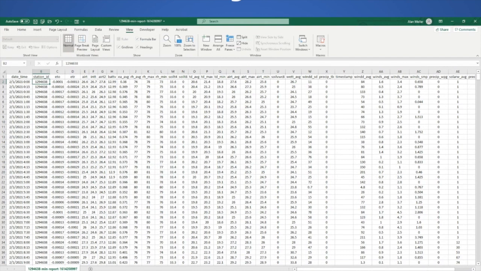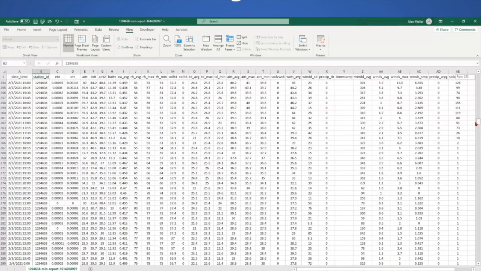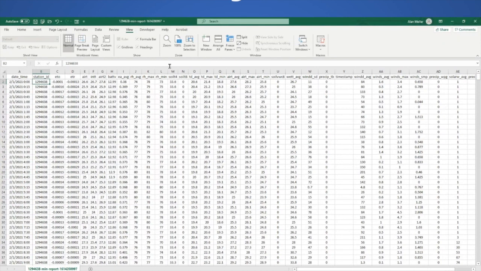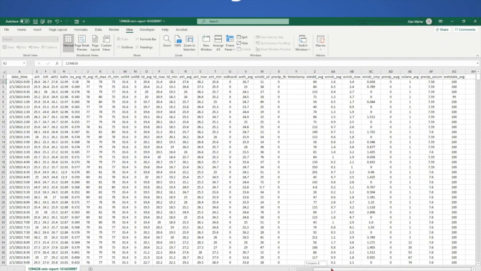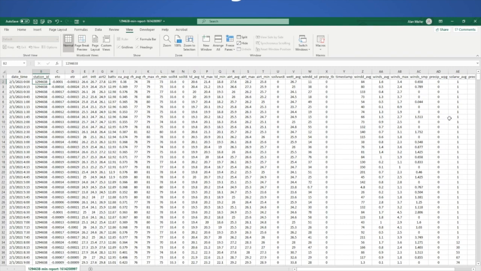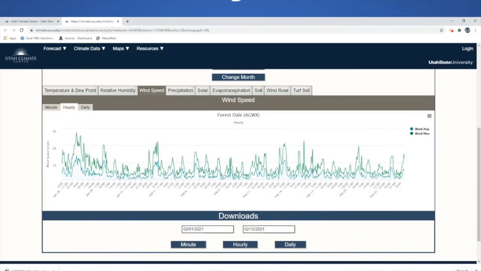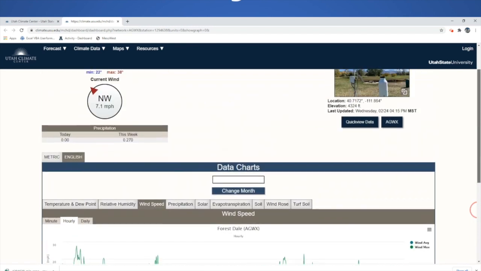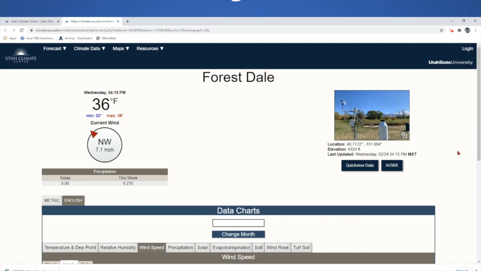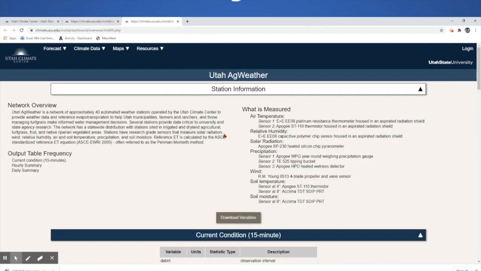we can open up in Excel, and here we have all the data that's been downloaded from the data logger for that station over that period of time, and all the variables are there, and so you can take that and sort it and do whatever calculations you desire. And if you're interested in information about what those variables are on the spreadsheet in that output, you can look up this ag weather station information, and that will